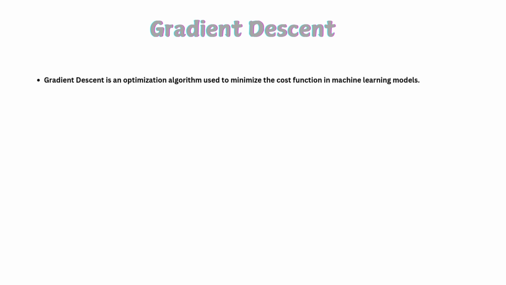Have you ever wondered how a model fine-tunes its parameters to make better predictions? Today we'll explore what gradient descent is, how it helps us optimize our model, and why it's essential for minimizing errors. Let's get started. Gradient descent is an optimization algorithm used in machine learning and deep learning to minimize the